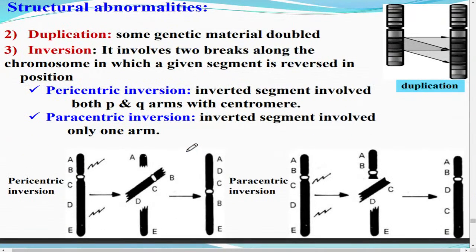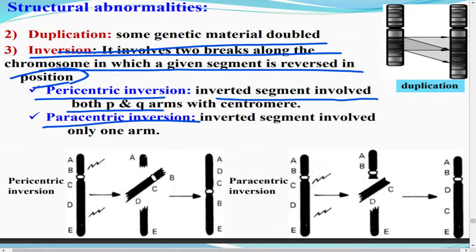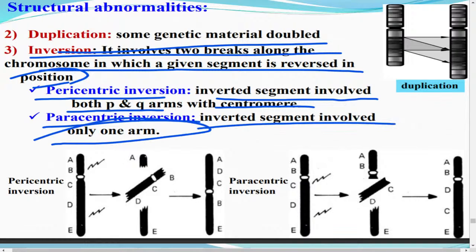Next, within structural abnormality, we have the duplication and inversion. Some genetic material is doubled, and some involve two breaks along the chromosome, in which a given segment is reversed in position. Pericentric inversion, paracentric inversion. The pericentric inversion involves both p and q arms, which includes the centromere, and paracentric inverted segments involve only one arm. This is paracentric and this is